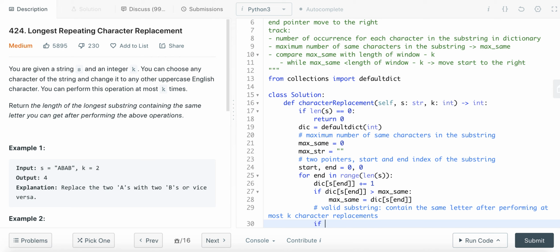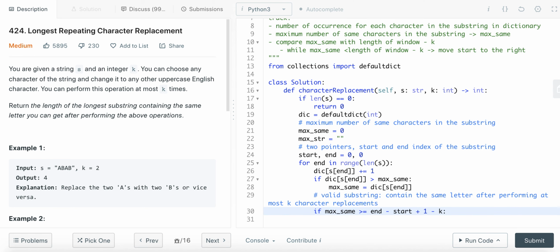So in that case, we are checking if the max same is greater than or equal to the length, which is n minus start plus 1. That's the length of the substring. And then we subtract k. If the maximum same is greater than or equal to this,